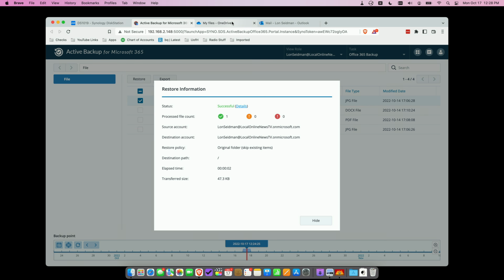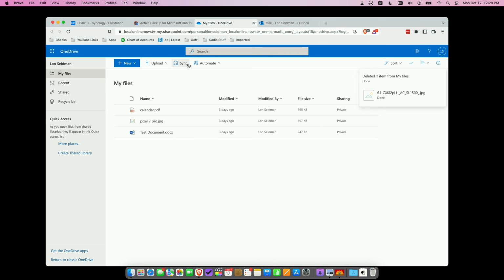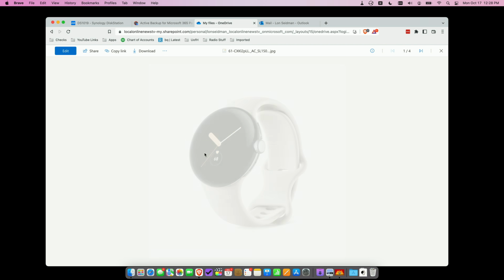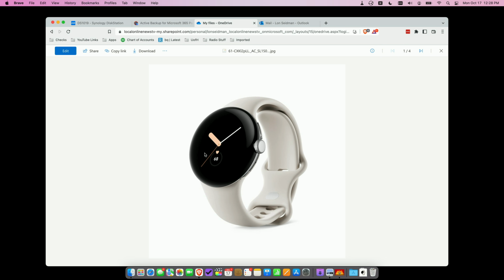So you can see that was successful. If I go back to my thing here and just maybe do a quick refresh of the page, we will see that file having been returned. So let's do a refresh here, and sure enough, there is the file right where we left it, exactly how it was left. But as you saw, we backed up more than just the OneDrive,